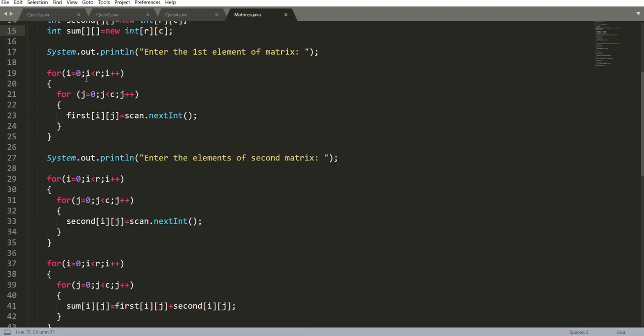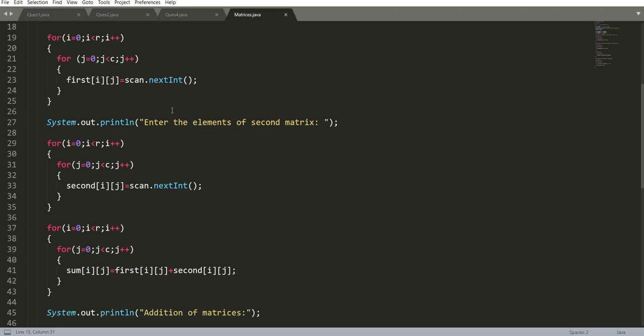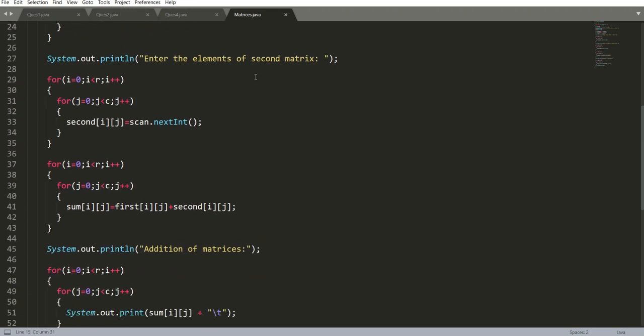In for loop i is equal to 0, i is less than r, i plus plus. Inside for loop j is equal to 0, j is less than c, j plus plus. These two rows and columns inputs are taken in the first matrix. In the second matrix, enter the elements of second matrix.